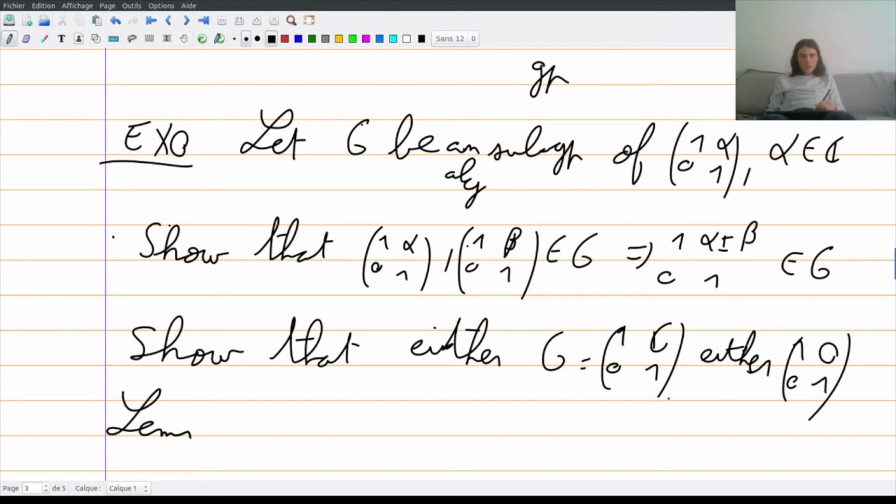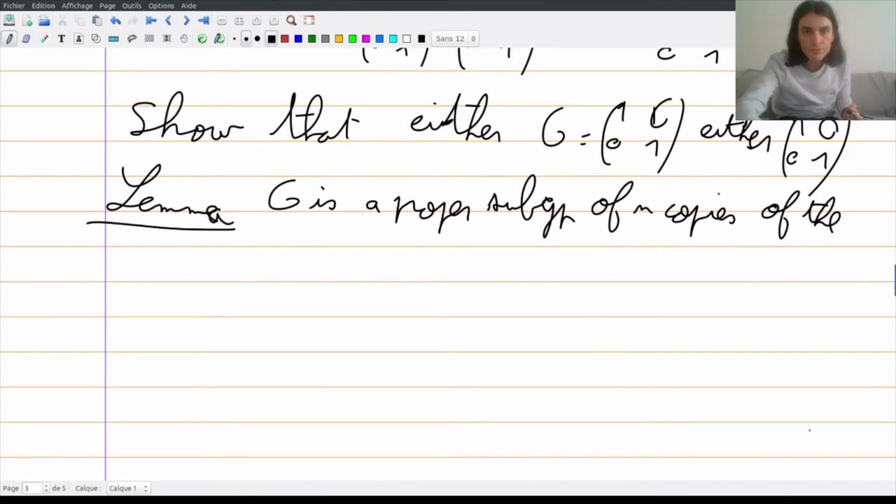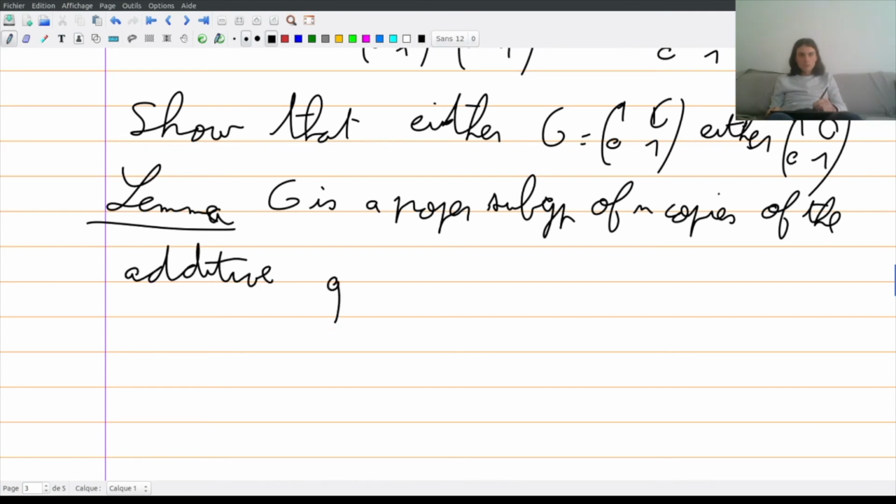The same kind of result for other n says that J is a proper subgroup of n copies of the additive group if and only if there exists C1 until Cn